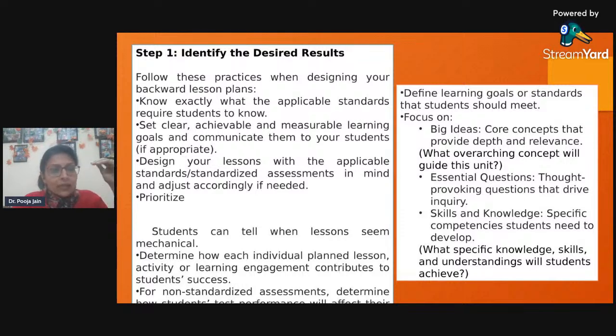So when we are designing our lesson plans, we need to understand that these are the core concepts. Not everything needs equal attention. There are big ideas, that is the core concept, that needs depth and relevance and repetition. So what is the overarching concept of this entire unit? Then what is it that the children need to know a little lesser? It's all right if they know 80% of this and 50% of this and 30% of this. So this needs more attention, and this topic and this unit or subunit needs a little more attention. So the big idea,